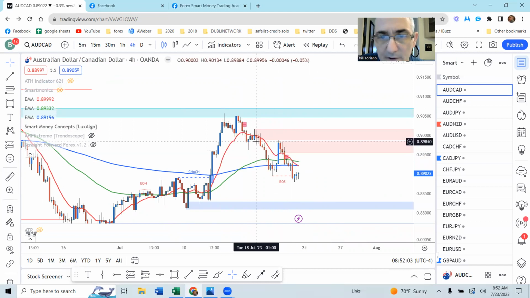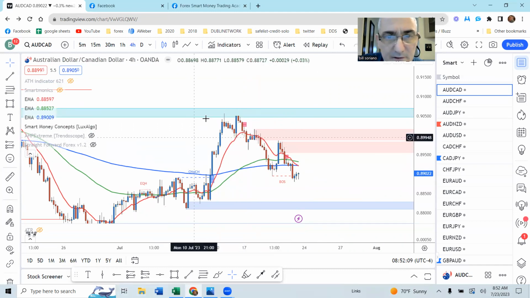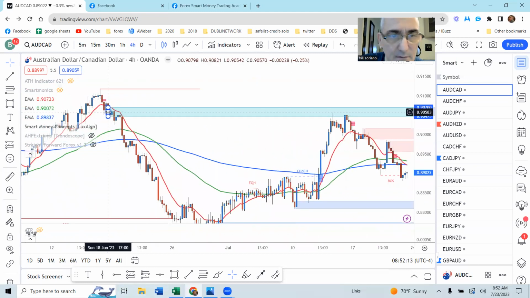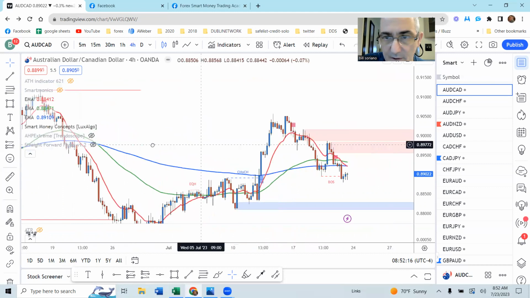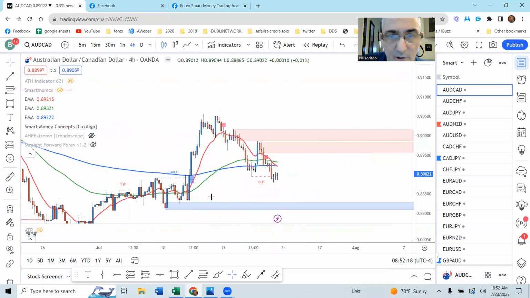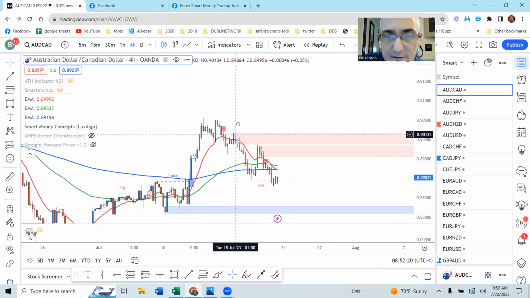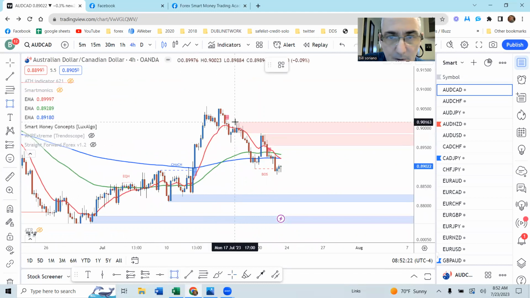So what we're going to do is, sometimes what you could do is, let me just show you here real fast. Let's get rid of this. If we wanted to use this order block right here that the indicator is giving us, but we don't like the 4-hour candle, then what we could do is we can drop down,